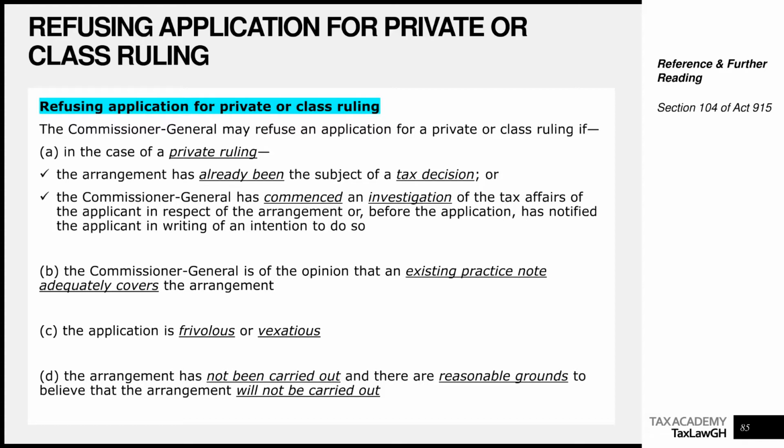Or you go and ask him about private ruling for bad debt. He has already written a practice note for bad debt. So if you come for a private ruling or a class ruling on bad debt, he will deny you unless you're able to prove that it is not covered in what he has already written. And it's usually extensive. He writes a very extensive document. So he will tell you once there's a practice note, you won't get a private ruling in most cases, unless your issue is very, very specific and very unique.